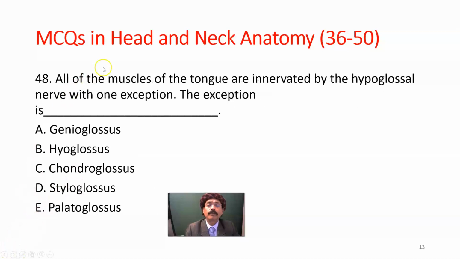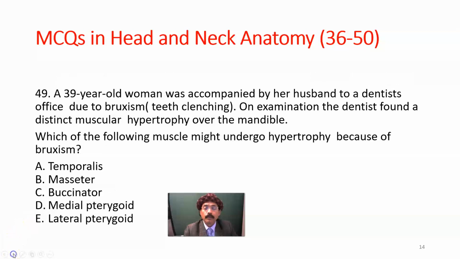Then we'll go to the 48. All of the muscles in the tongue are innervated by the hypoglossal nerve with one exception. The exception is what? Genioglossus, hyoglossus, chondroglossus, styloglossus, palatoglossus. What is the exception? Exception is palatoglossus, E. Okay, we got that. Then we'll go to question number 49, which is a 39-year-old woman was accompanied by her